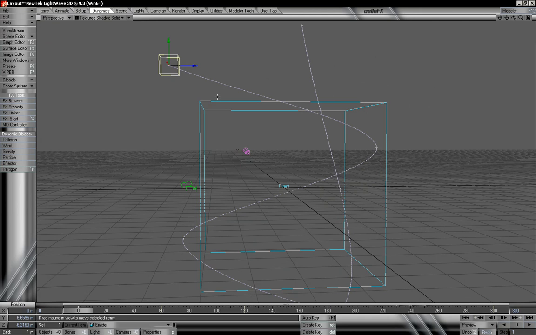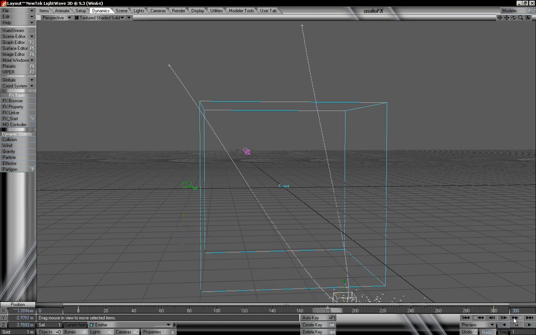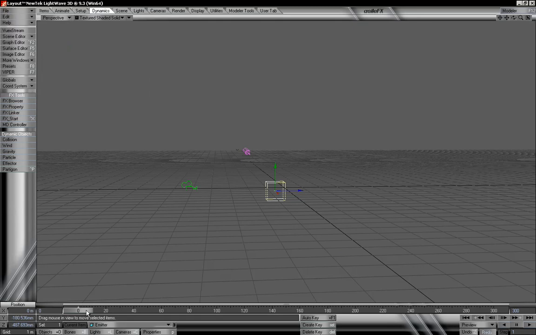So now I want to reset this once again. We can just delete our keys, and an easier way would be to just save out our scene with those default values. But right now I'm just going to go through and set this up again. Take our event collision and we can remove that from the scene. Minus key on the keyboard and get rid of that. So now we're just back to our emitter,